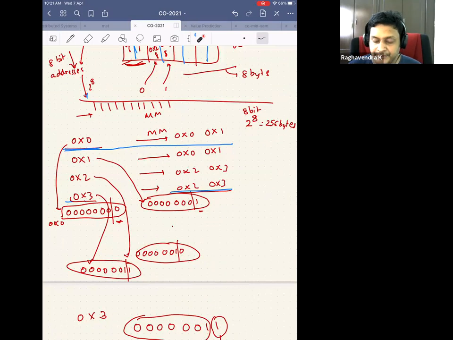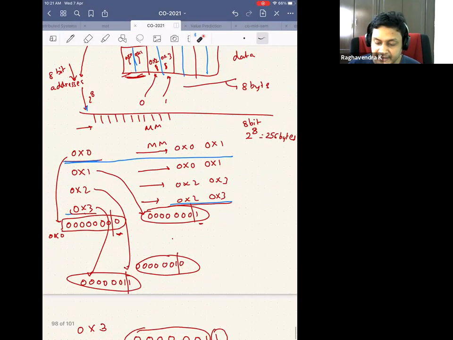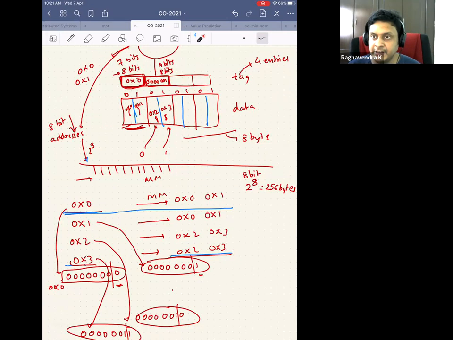So I use the first 7 bits and search in the tag entries. If it is a hit, then I use the 8th bit. If the 8th bit was 0, then I'm actually searching for the address 0x0. If the 8th bit was 1, then I'm actually searching for the data 0x1, and then I give it back to the CPU. So here I've introduced the concept of blocks, and in the tag, I don't have to store the address of the block.